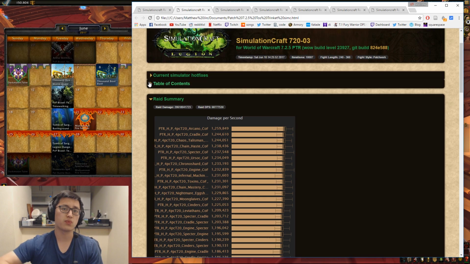Let's look at what happens once you're able to step into Tomb of Sargeras and acquire trinkets from the raid itself. This is the sims running with some of the top trinkets that you saw in the previous list: Arcano Crystal, Chaos Talisman, Chrono Shard, and Ursox Reigning Paw. We've added those 4 trinkets along with every single DPS trinket that you can get your hands on in Tomb